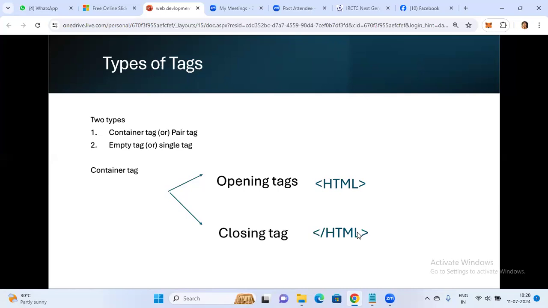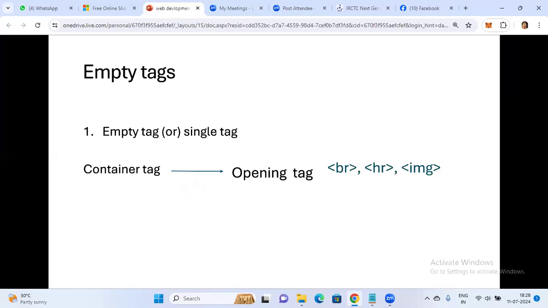Why is it so? Because it contains a pair of tags. Any container tag can carry a pair of tags, opening and closing. Now, what is an empty tag? An empty tag can contain only one single tag, that is the opening tag. So empty tags have only opening tags.